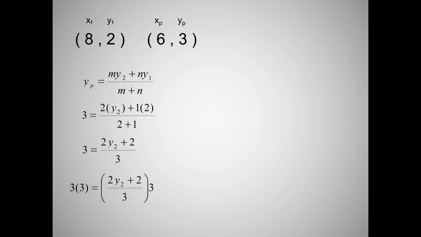To cancel the denominator, we need to multiply both sides by 3. And now it will be 9 is equal to 2y sub 2 plus 2. We will transpose 2 to the other side and it will be 9 minus 2 is equal to 2y sub 2, or simply 2y sub 2 equals 9 minus 2. We will